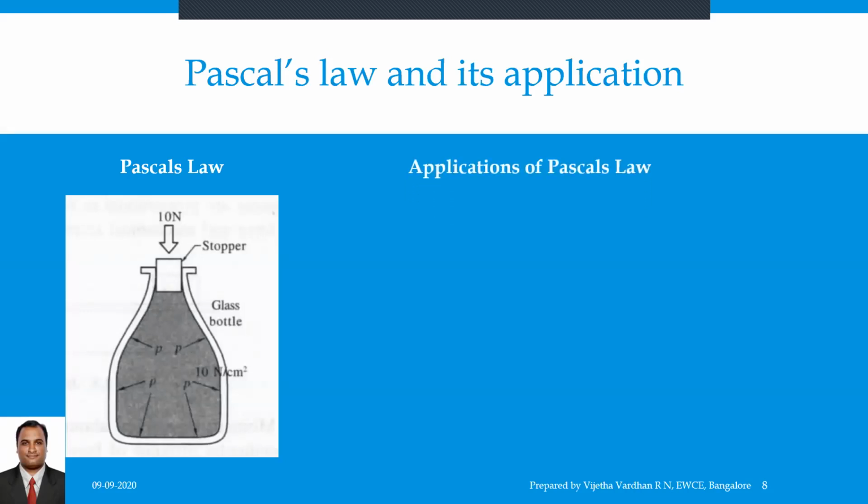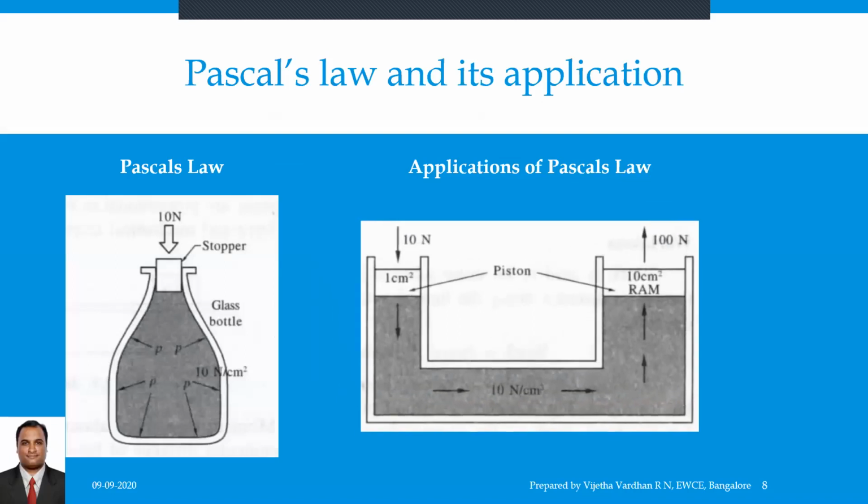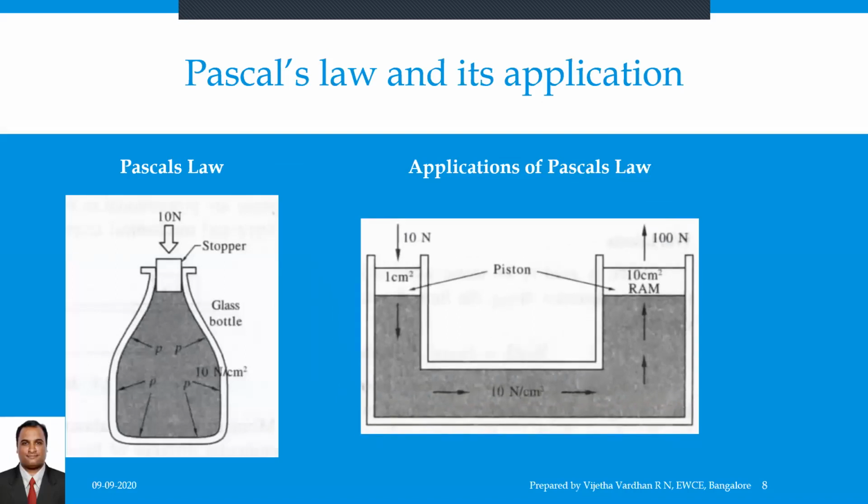Let us understand this. In the early stages of the industrial revolution, a British mechanic by name Joseph Bramah developed a hydraulic press using Pascal's law. That is shown in the figure. Bramah showed that a small force on a small area would create a large force on a larger area, which is the concept of force multiplication. And this figure shows the application of Pascal's law to the hydraulic press.